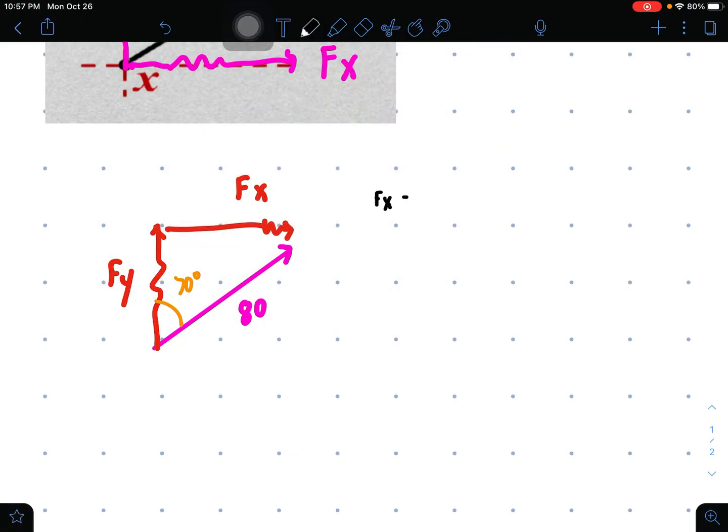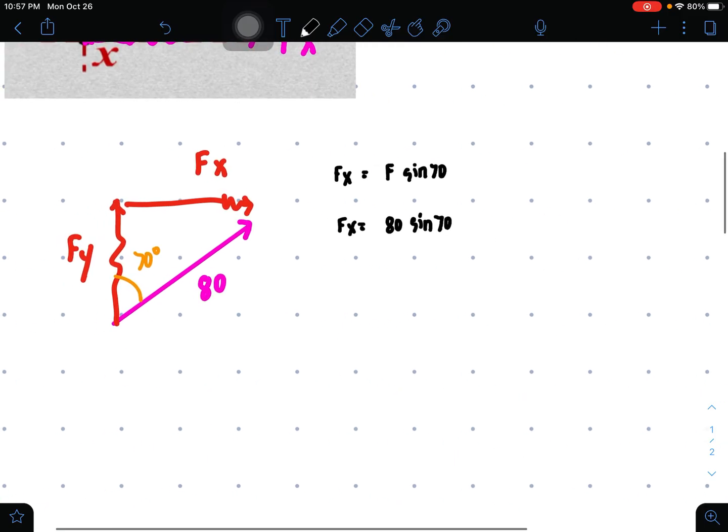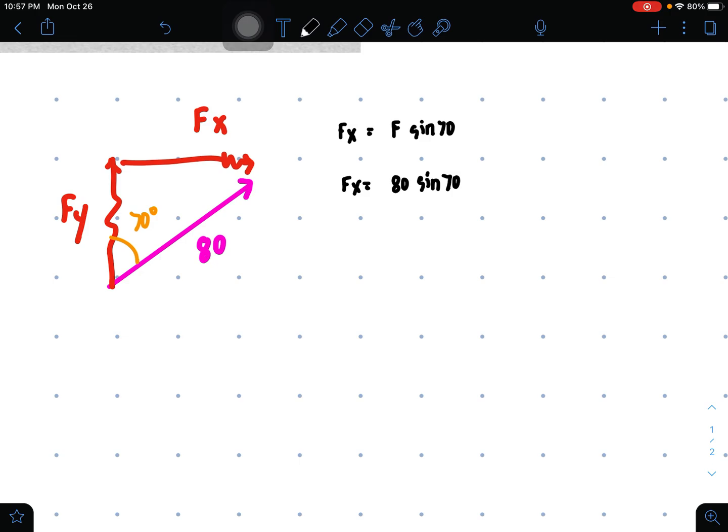Fx here is equal to F sine of 70, where F is equal to 80. It's sine because this line here is opposite to that angle. Remember from trigonometry, SOH-CAH-TOA. Sine is opposite, cosine is adjacent, then tangent is opposite over adjacent. So here,